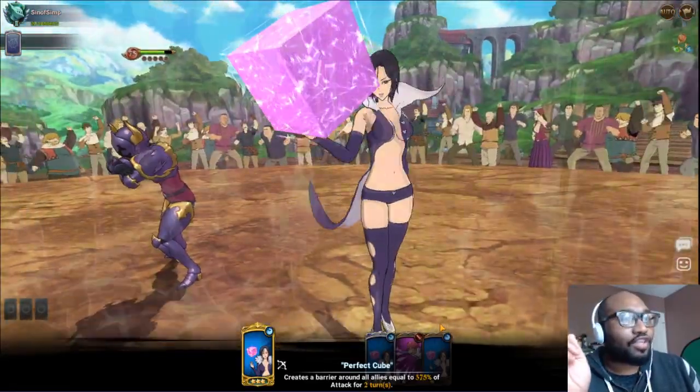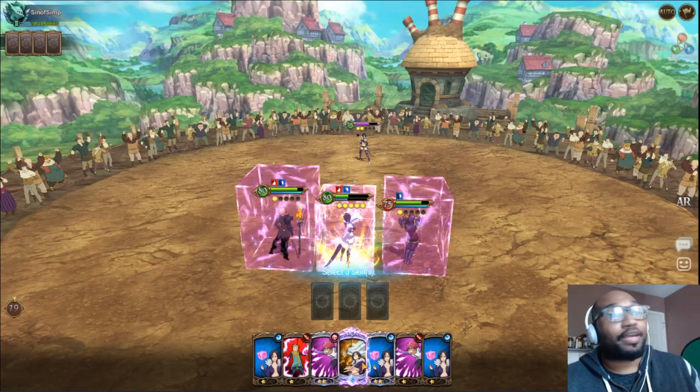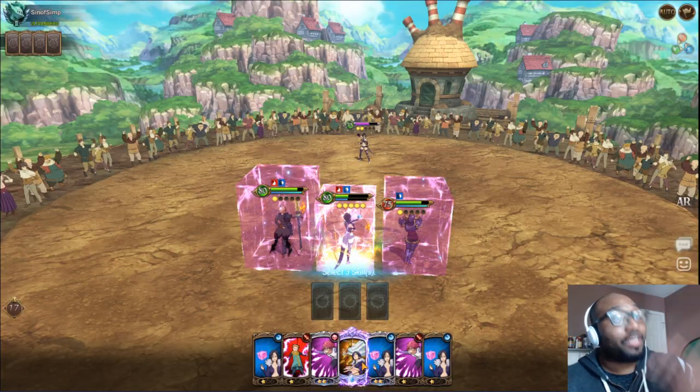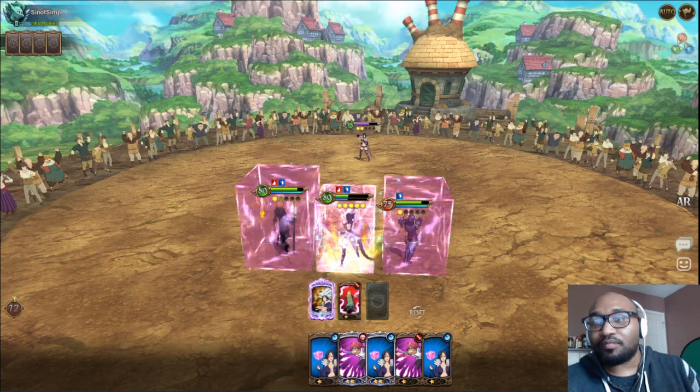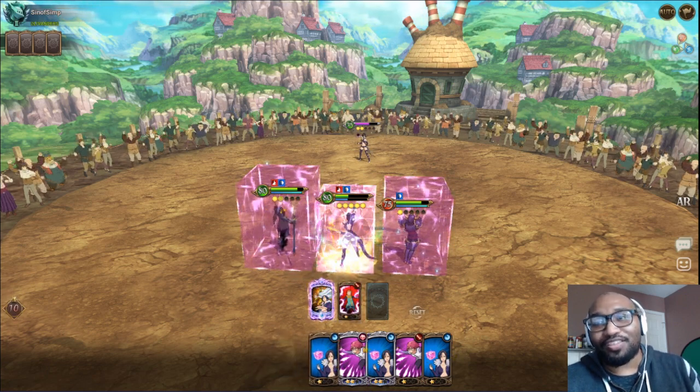And as we just saw there, when I killed the Escanor, I couldn't think of his name for some reason. When I killed the Escanor, you saw the gold card, so he was the one with the gold card. He had the ultimate orbs, so it would have worked on him. And as you can see, I'm getting a lot of